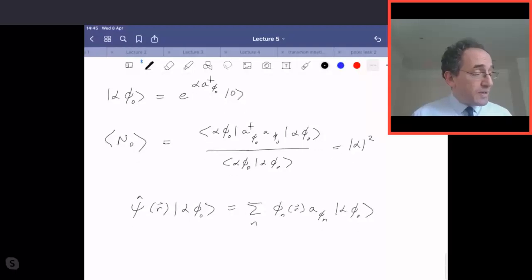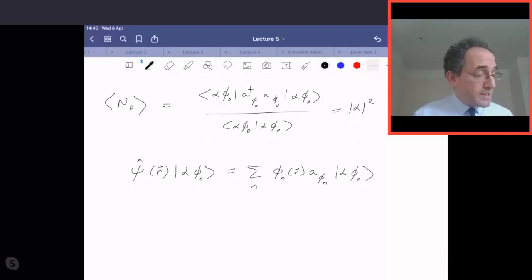The only orbital that is filled is the 0th orbital, at least in this coherent state wave function I've written down. So I only have to consider the n equals 0 term in this sum. It brings out an alpha phi naught of r on alpha phi naught,